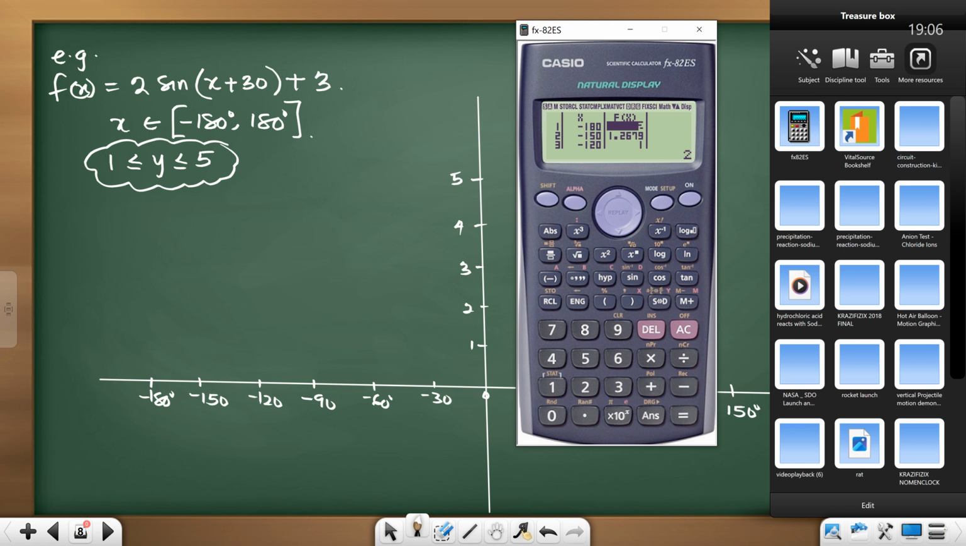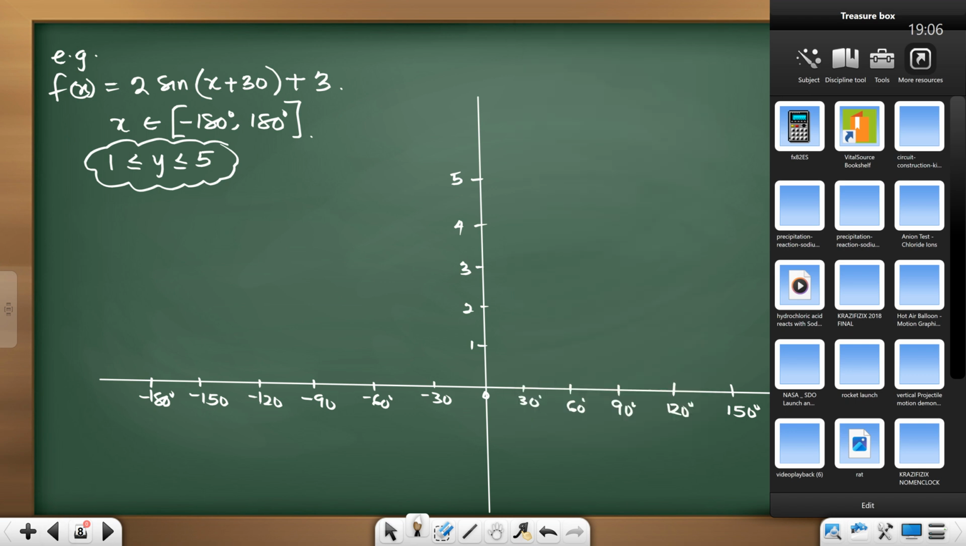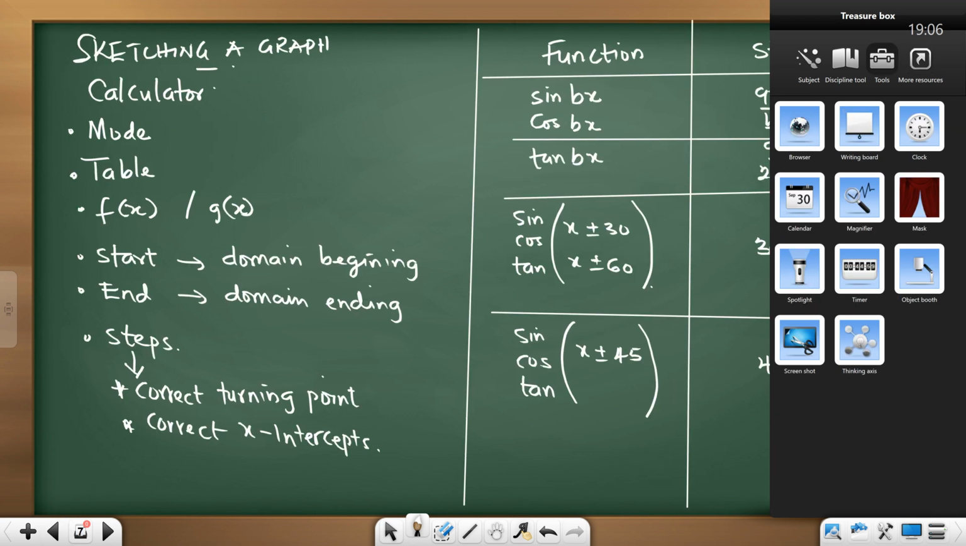Now, lady, where are you lost? The steps are right on the table. Did you write the instruction down for the steps? Calculator, you see. Okay, you just follow that. Mode, table, f of x, start, domain, and